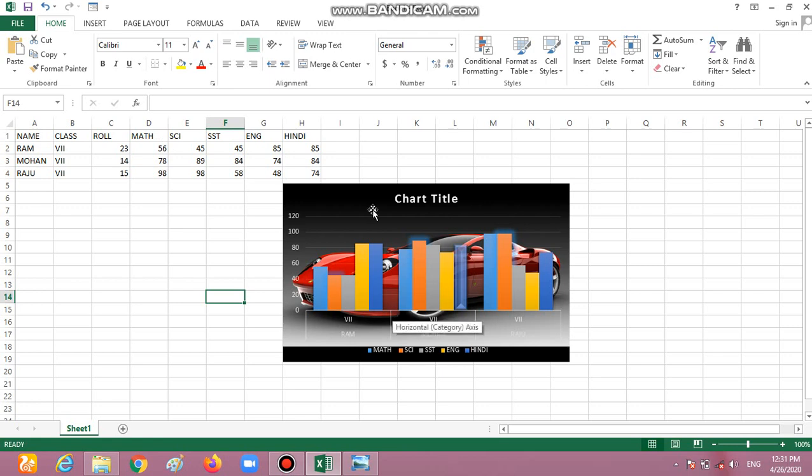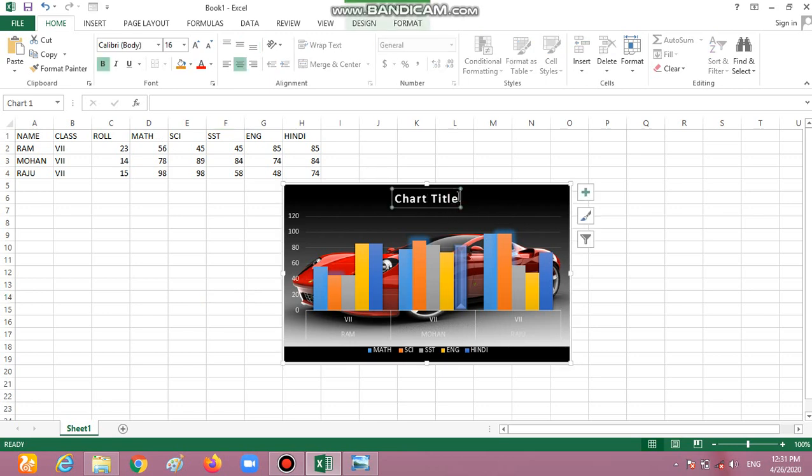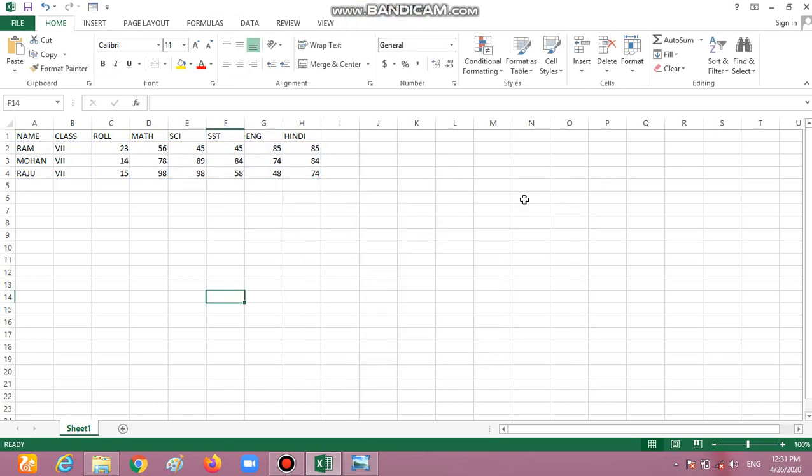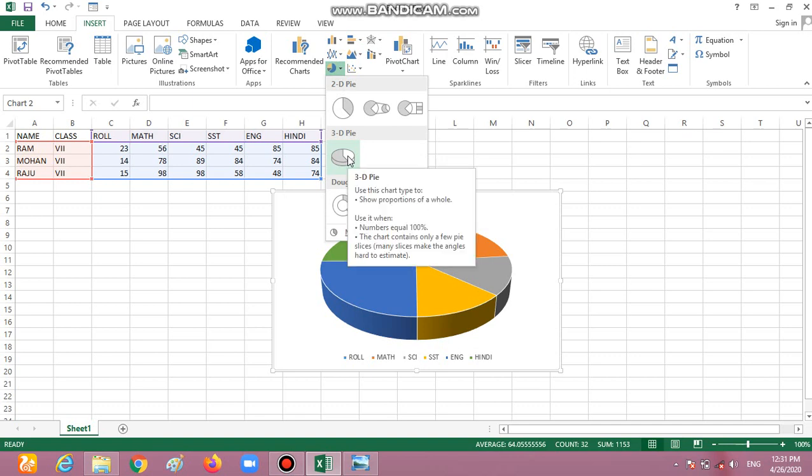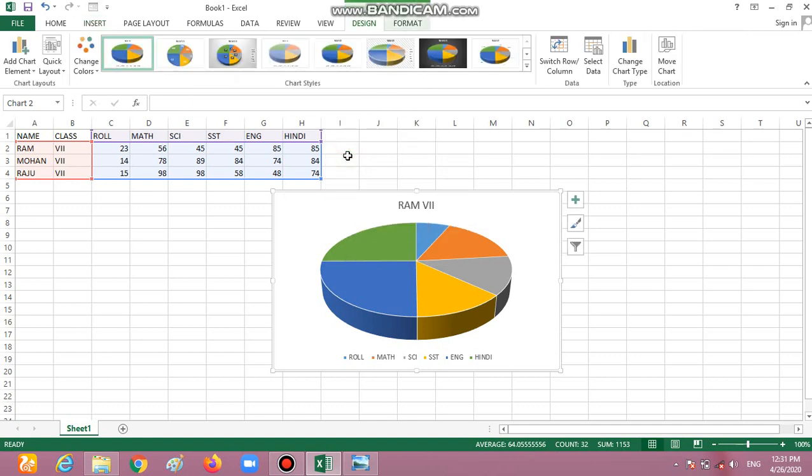The most important thing, how to create a pie chart. It's very difficult, and this time we will also see step by step how to create a chart. For creating a chart, one more time, select your data. First, I am selecting the data and going to the Insert tab. In the Insert tab, we go to the Charts group. Select the pie chart and the chart design you want. For example, I want the 3D style. I am choosing this one.